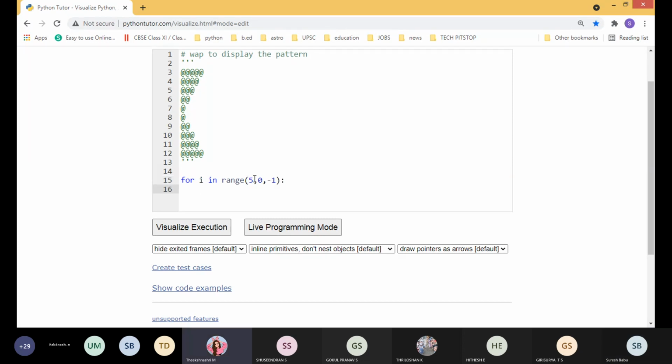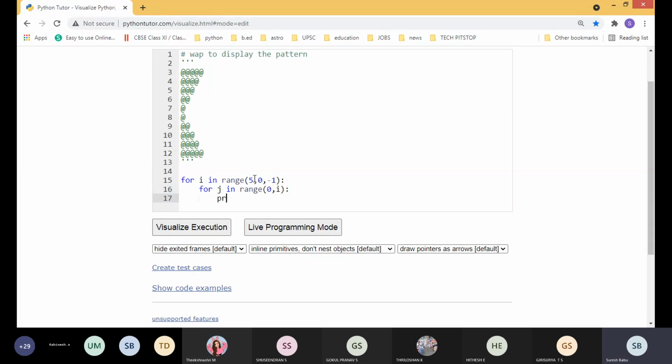For j in range, here we can give 0, comma, 10. Okay, 0, comma 5, I mean i. Yes, very good. No need to give the updation because it is positive, so automatically it will go.